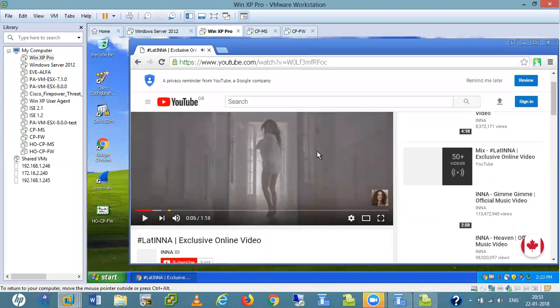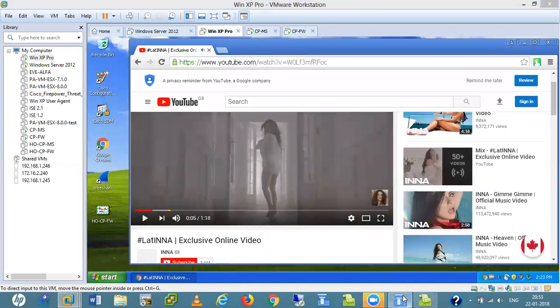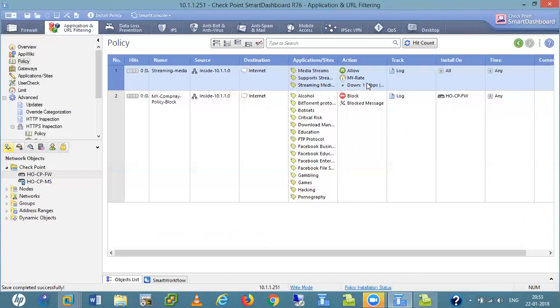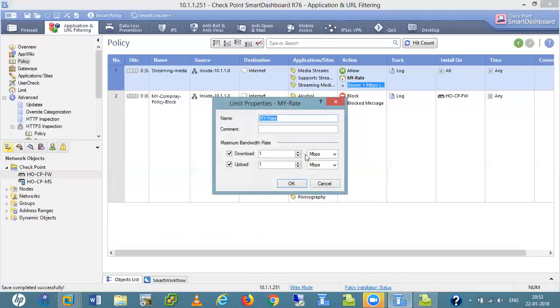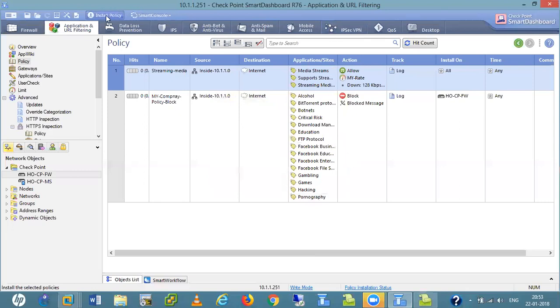So if I write one policy here, if I just right click here, edit limits, and make this one 128 kbps, same thing 128 kbps, I install the policy.